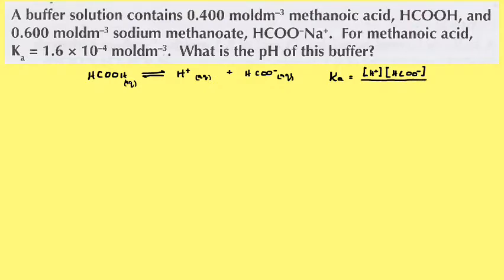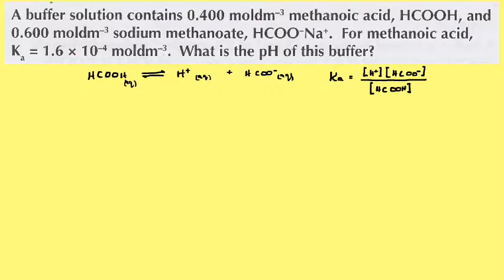And they're both to the power of 1 because there's 1 mole of each in the balanced equation. And on the bottom we have the acid concentration. We have the expression like that, and the next step is to rearrange this equation,